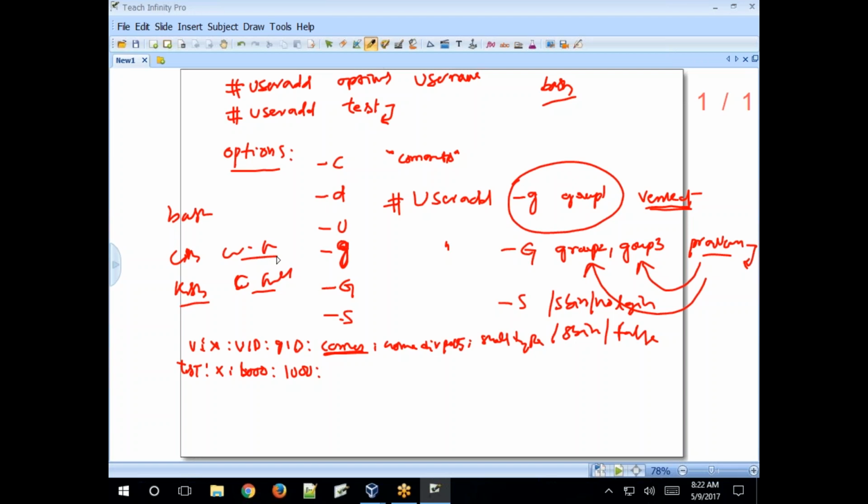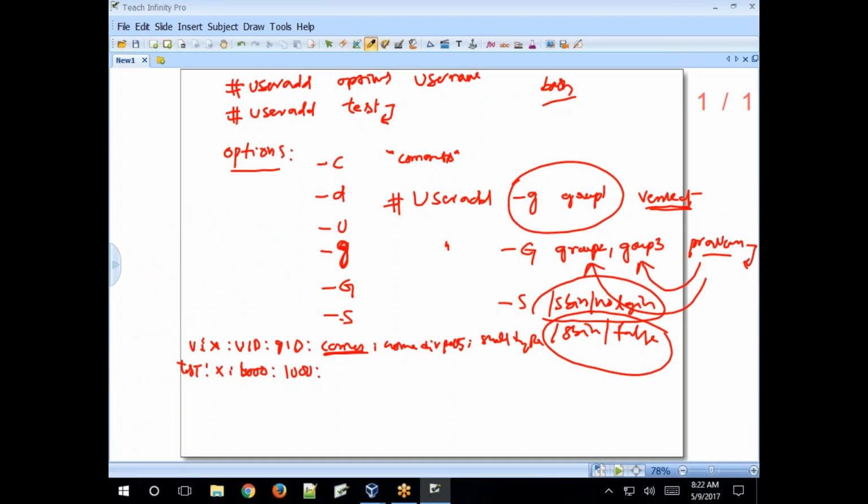If you want to create a user with a different shell type, I'll tell you what a no login shell is, what a false shell is, and what a login shell is. Very important. What is the difference between a login shell and a no login shell? You may get this as an interview question. These are all the options, and a few more options are there.